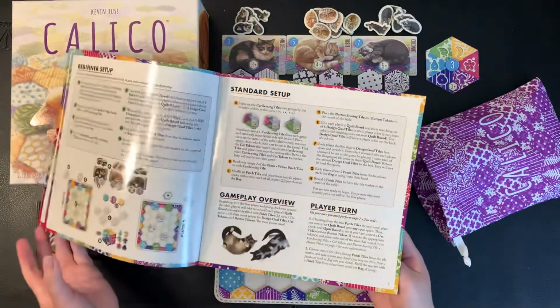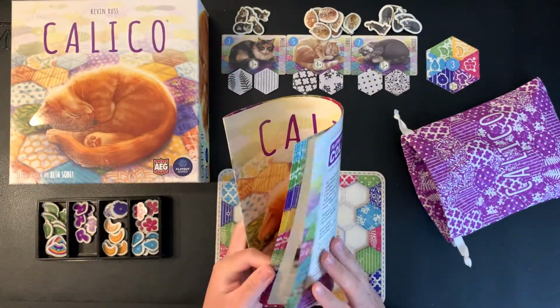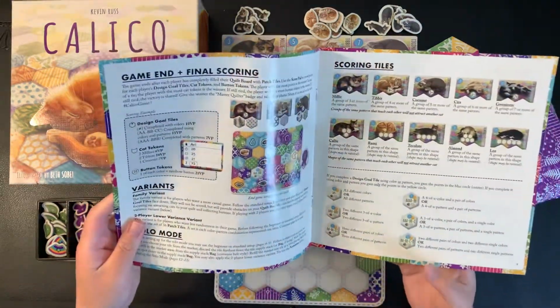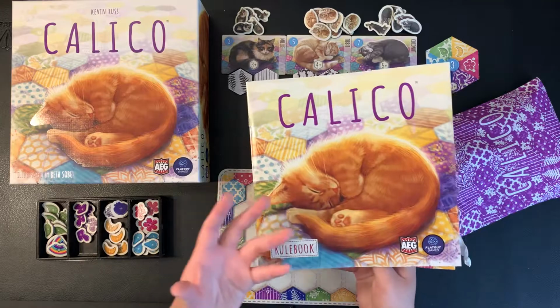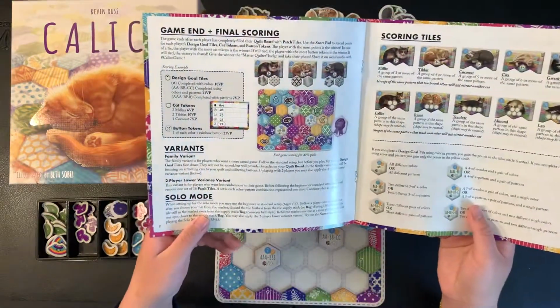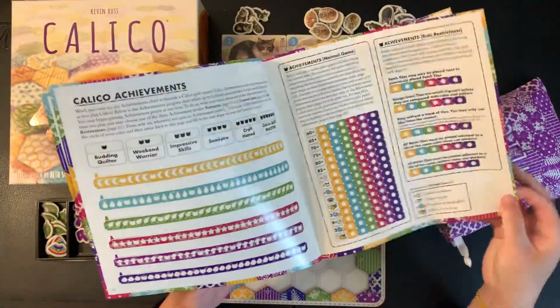So as I go through my playthrough of the solo scenario 1, I will probably go through some of the rules as I play, but I will expect that you do have a brief understanding of how to play. I will talk and comment on how I think about where I place my tiles. So I am going to do a solo of the